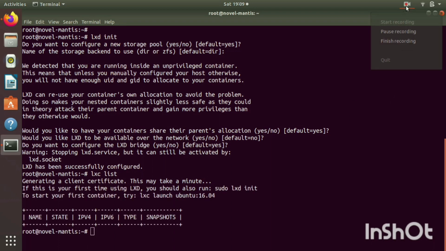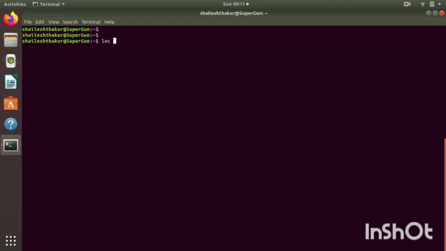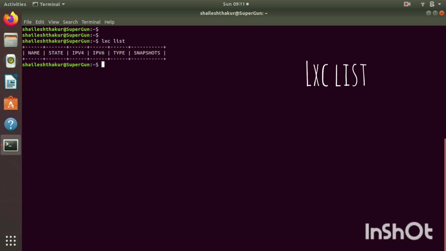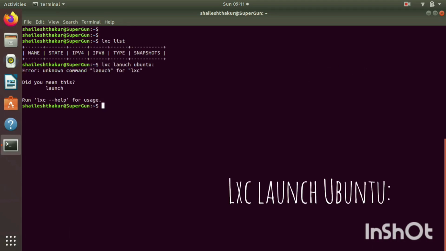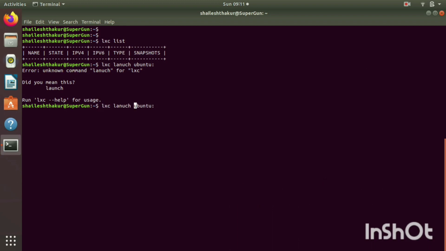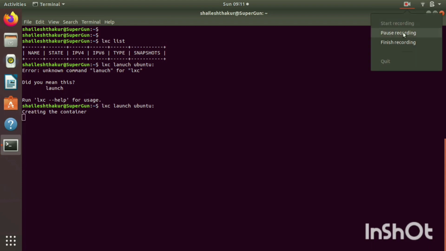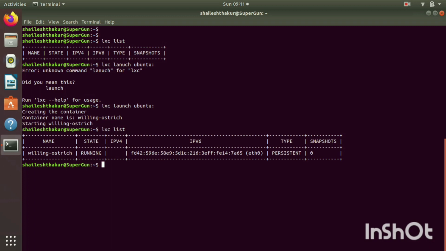Cool. So the first command I'm going to execute is, now let's go on what it takes to have our first container. All we need to do is lxc launch. In this case I want Ubuntu, and I'm not sure which Ubuntu version to use, so just do ubuntu: and this will launch a container. As you can see, we have a container. We didn't have an IP yet. We have a name given by LXD itself. So this is what happens when you don't mention the name.